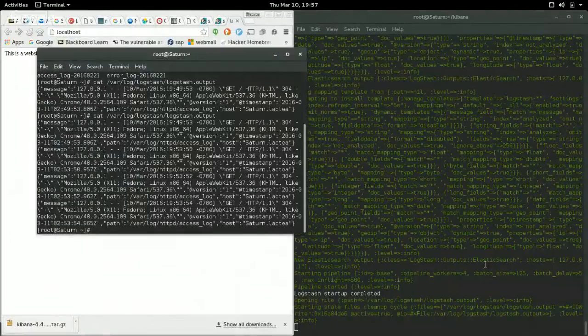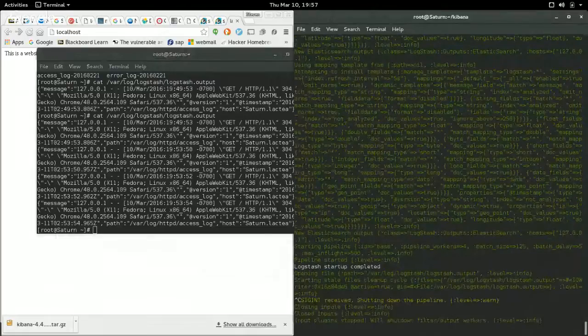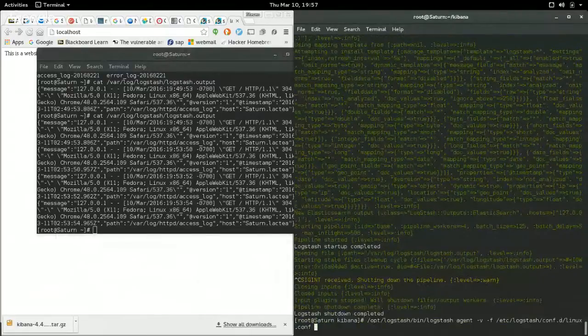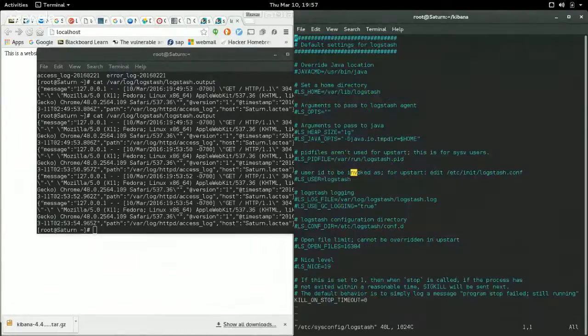I'm going to do a little bit more configuration. I just want to see if I can get it running as a service. So I'm going to do vim /etc/sysconfig/logstash, and just see if there's anything in here. You think this is it? I bet it is. So I'm going to hit I for insert, escape, :wq,